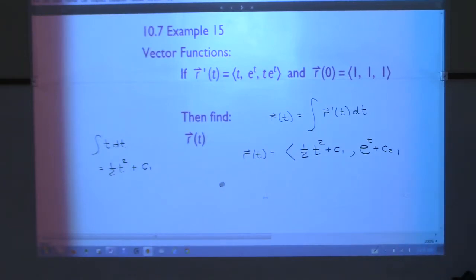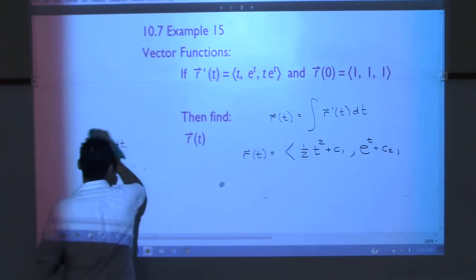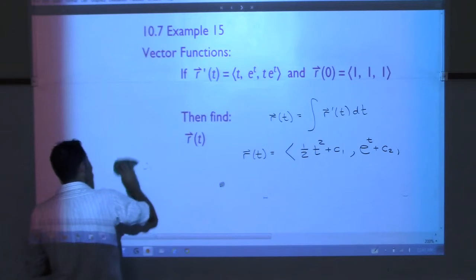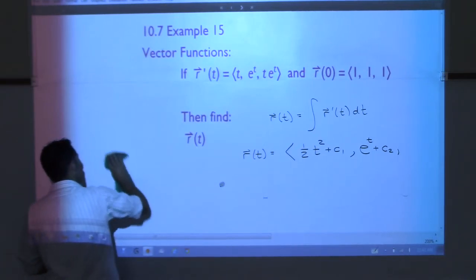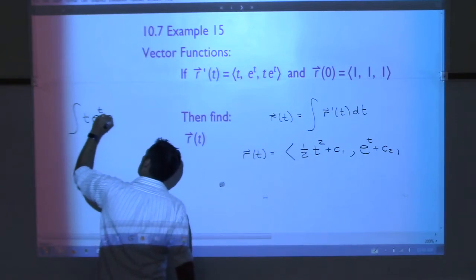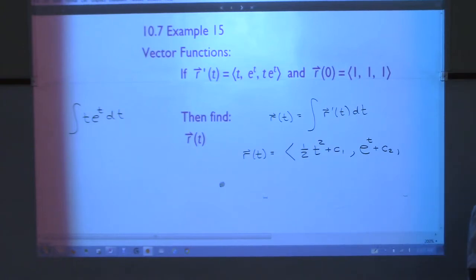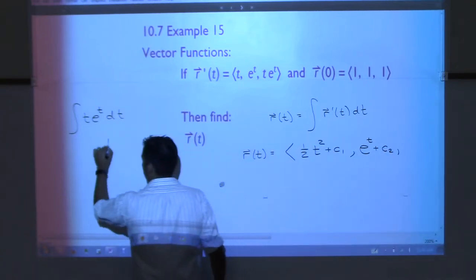Next, the antiderivative of t e to the t. Integration by parts. You've got to do integration by parts on that. Now I trust that everyone can do that because you've passed Cal 2, but maybe it's been a while, so we'll do it real quick. Everyone's going to have their own little method that they learned in their Cal 2 class. I'm not here to reteach integration by parts, but the way that I do it is I set up a